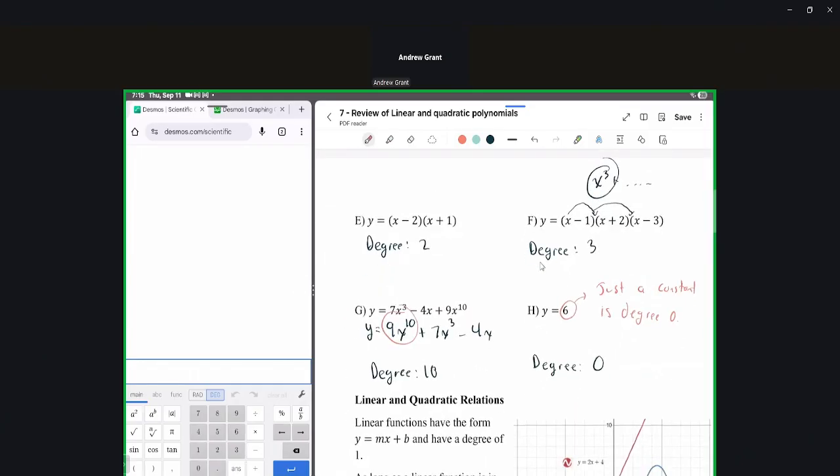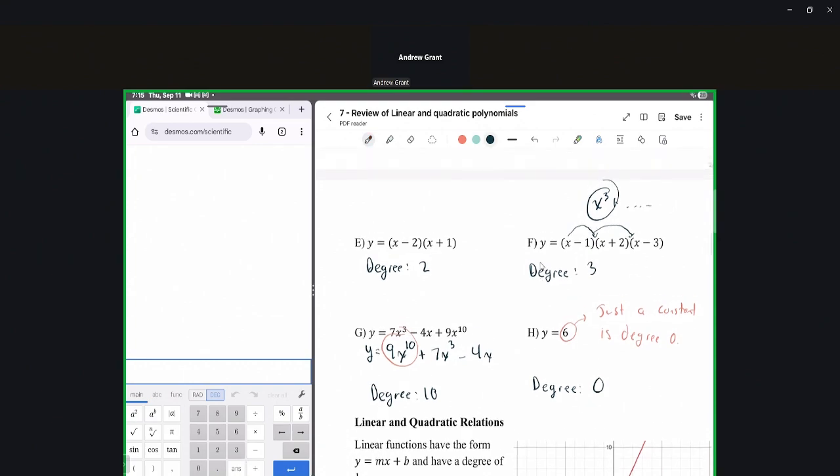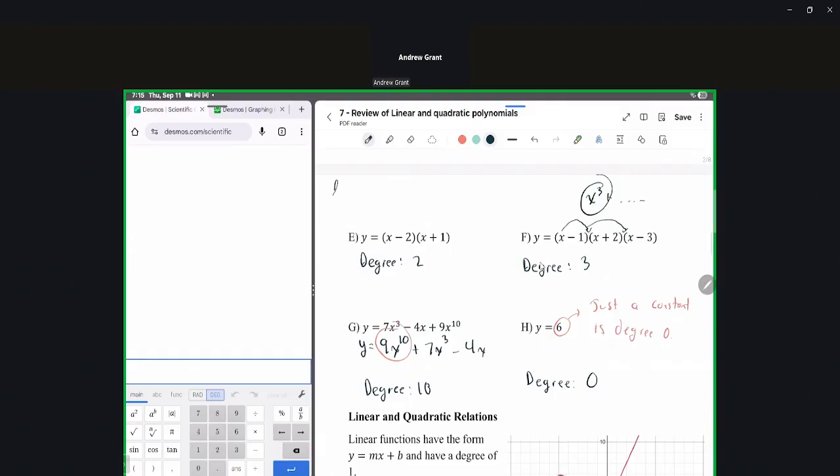polynomials? Well, because later on Tuesday, we're actually going to sketch what these things look like. And in order to sketch them accurately, we need to be able to identify what the degree is. Because if it's a quadratic, cubic, or a quartic, we should be aware of what those are. So the main kind of polynomials we're going to be looking at, for today, are going to be linear and quadratic,